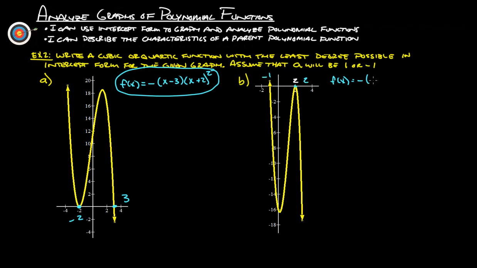So we put 2 in here for x. 2 minus 2 gives us 0. And put -1 in for the x. -1 plus 1 gives us 0. It bounces off this 2 here, so this one here has to be a square as well, and that is our function. Okay? Okay, we got one other example to go over, but before we do that, let's take a